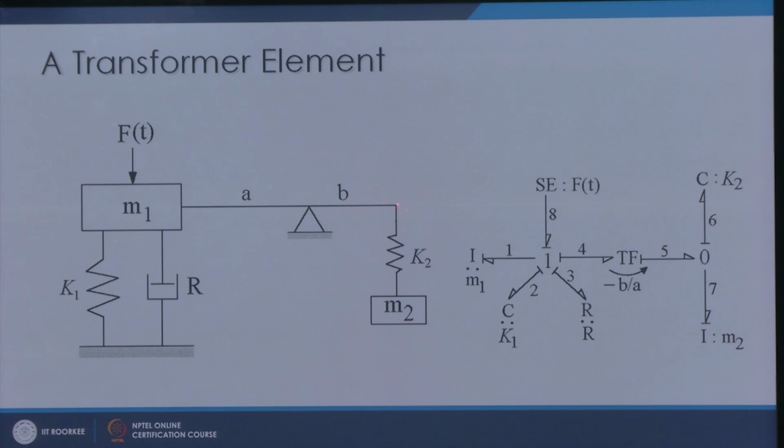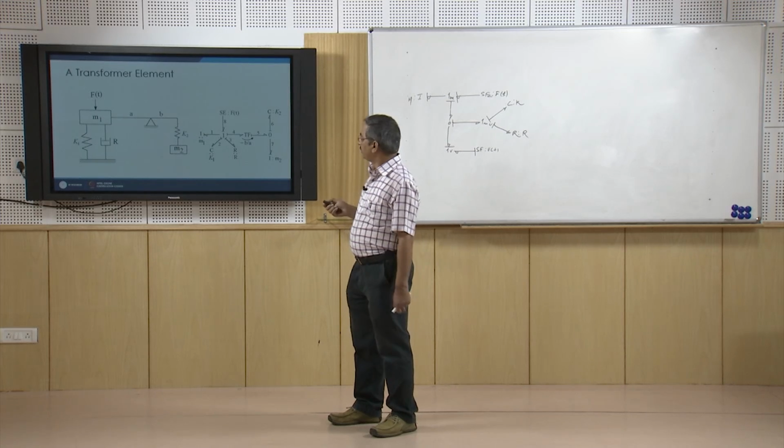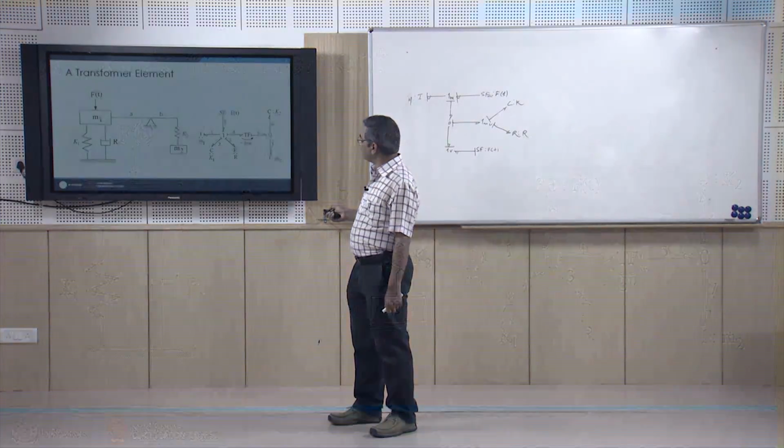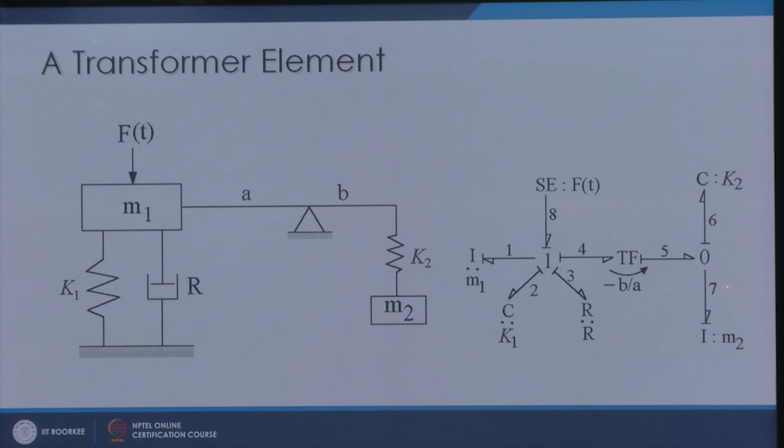suppose I get a velocity of this point. Now, you can see from here that this spring and this mass will be subjected to the same force. Okay. So, if this spring and this mass are subjected to the same force, then I can attach a 0 junction, okay, and here I can attach a spring and I can attach a mass,